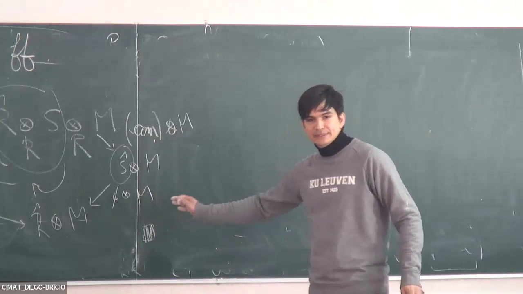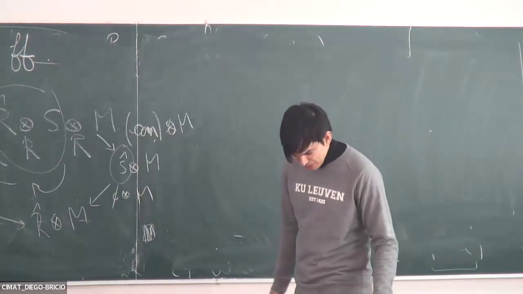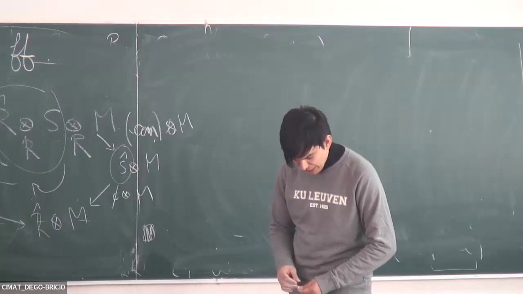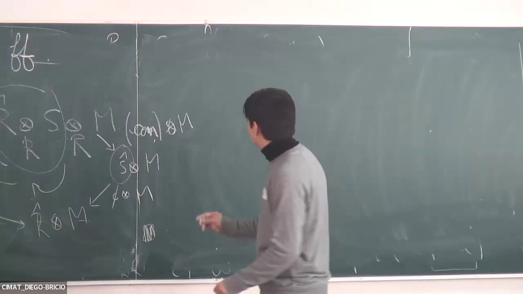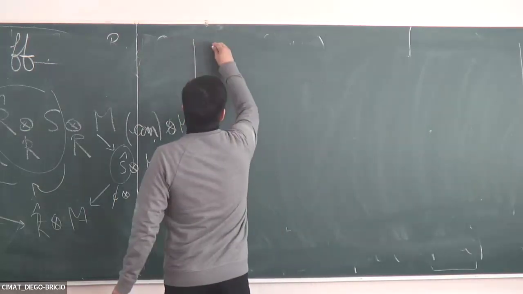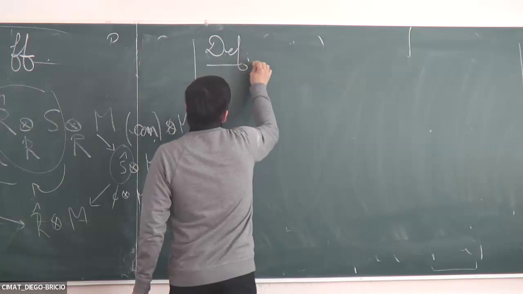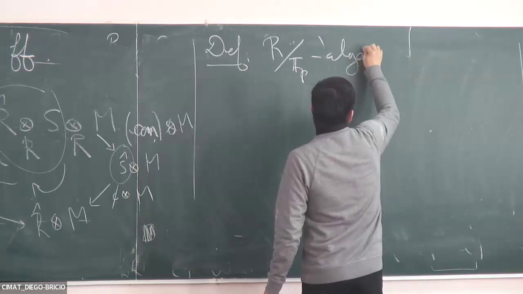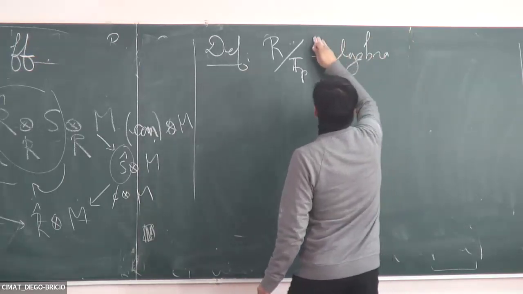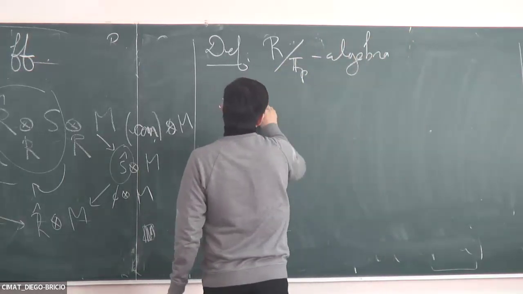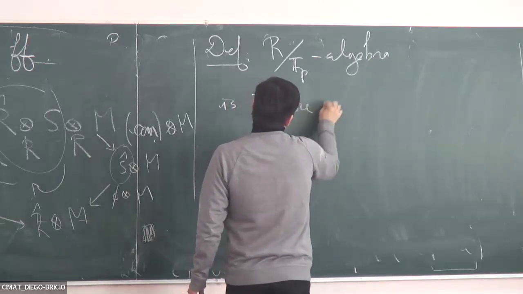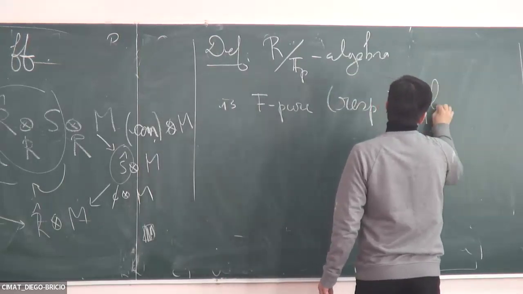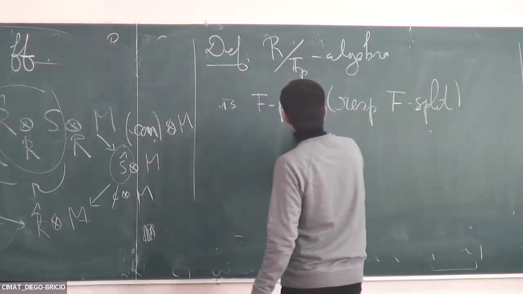And so with that in place, we're going to have a cascade of consequences for F-purity and F-splitness, which we haven't defined. So let's get that out of the way right away. So definition: if we have R an F_p algebra, then R is F-pure, respectively F-split, if and only if